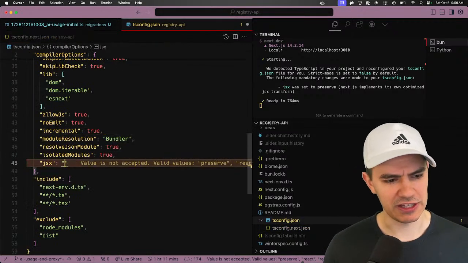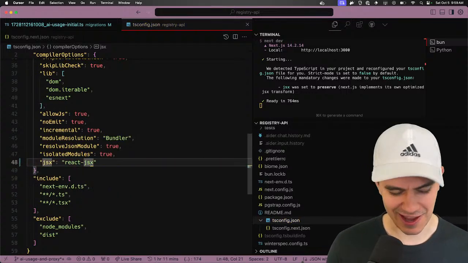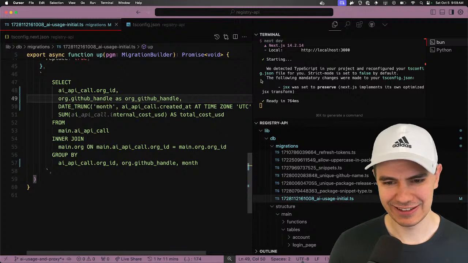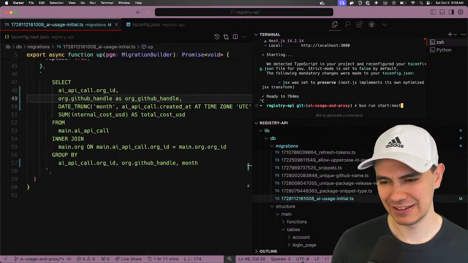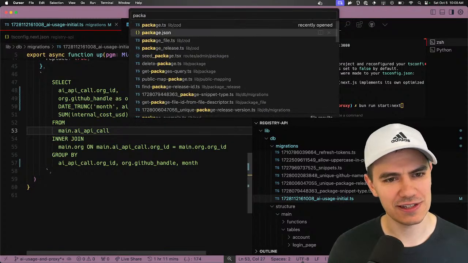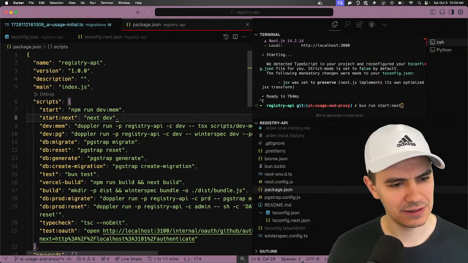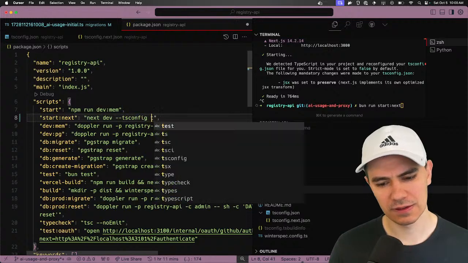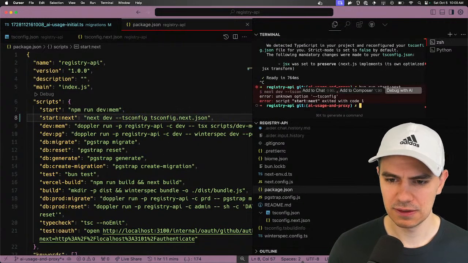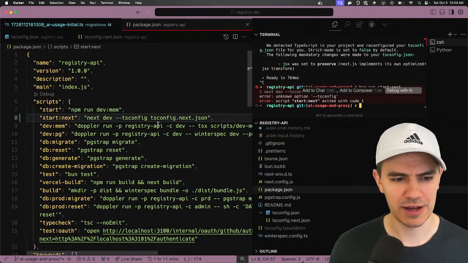This just bugs me that Next comes in here and changes this every time. All right. We have to configure the package JSON to use this. Okay. Unknown option TS config.